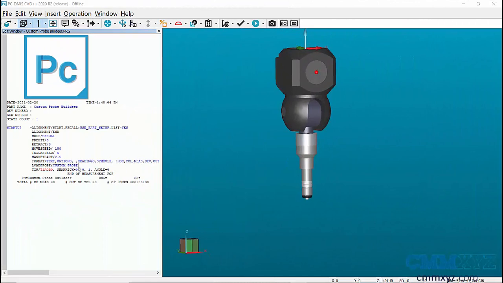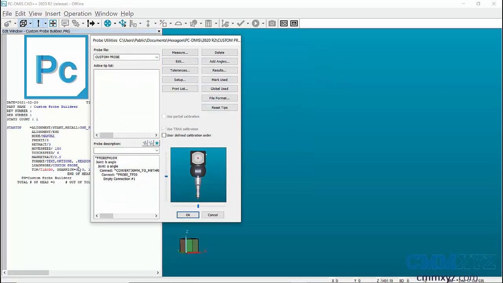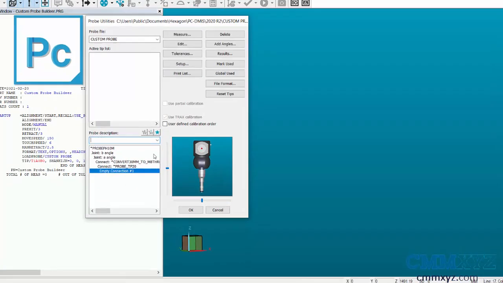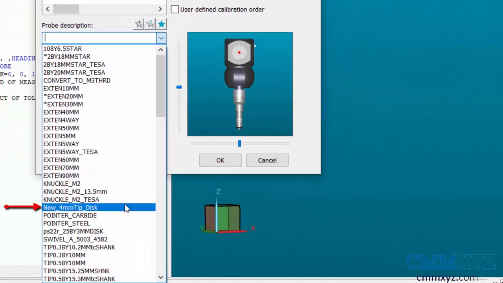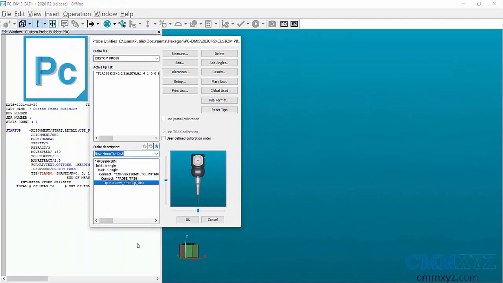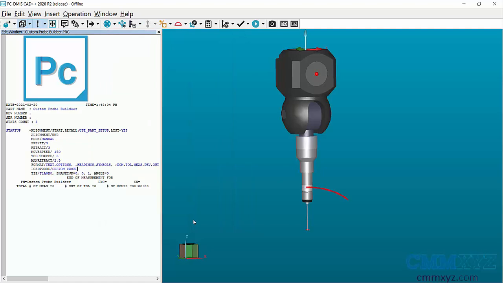Now, let's open the probe utilities to check if the new probe tip is created. Open the probe description list and you can see that our 4 mm disc stylus is created. Select the probe tip and add it to complete our probe build. Press OK to save the probe file. You can see that the probe component is added to the probe in